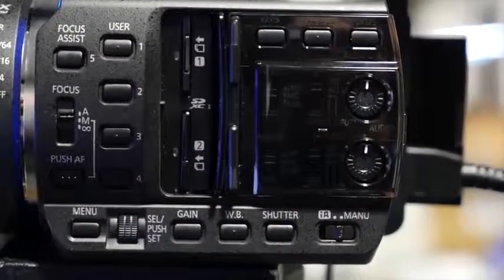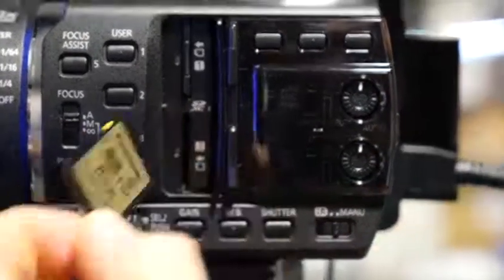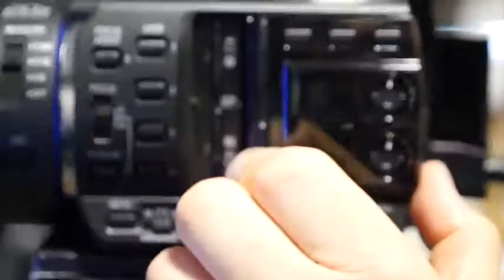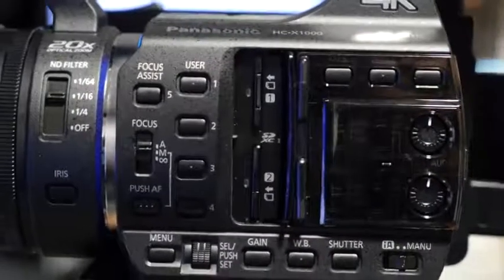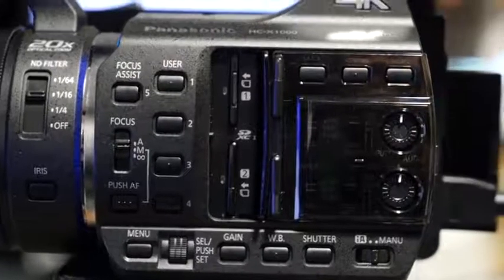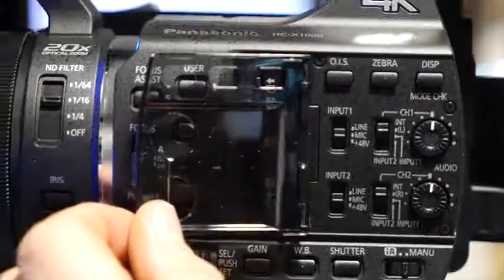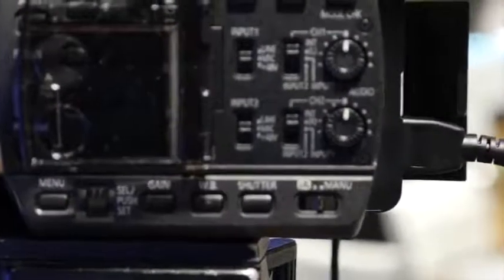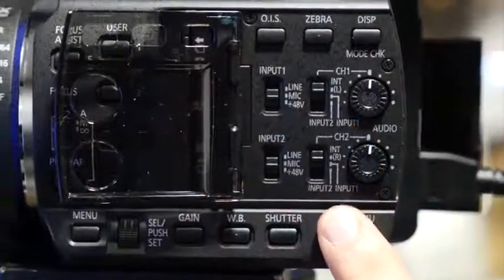You've got dual card slots where you can hot swap SD cards for continuous non-stop recording. Loop record if you don't know when the recording is going to start, and pre-record whilst in standby mode so that a few seconds can be recorded to ensure you make your shot in time. Below the SD card slots you can see the gain button, which features a 3-position gain selector with low, medium or high settings available. And then obviously you've got the shutter button to adjust the shutter, a white balance switch,